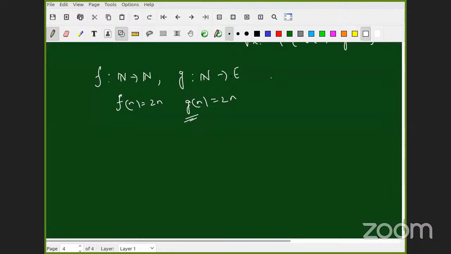See, apply the equality definition. We have studied the definition, right? Go by definition and answer. See, the rule is same. f of n is 2n. f of 1 goes to 2. f of 2 goes to 4. Here also the rule is same. 1 goes to 2, 2 goes to 4, 3 goes to 6. Rules are same. Therefore, f of n and g of n agree. But whether f equals g,